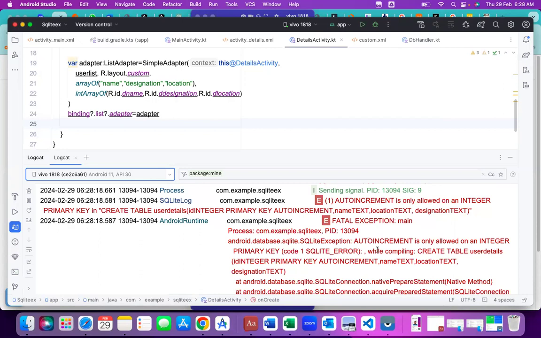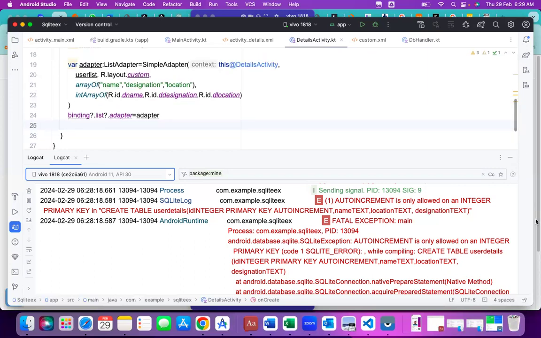So here it is saying something: SQLite auto increment is only allowed on integer primary key, SQLite error while compiling create table user details ID integer primary name. Means something error here by creating the database itself. So here we used to check